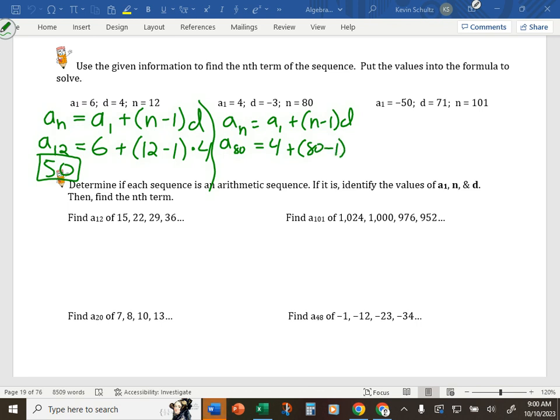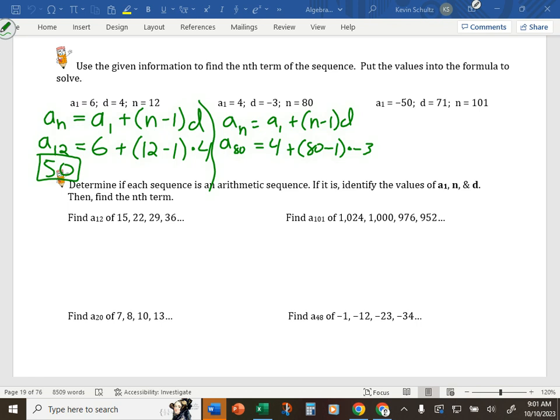times what? Negative 3. That's going to cause this pattern to decrease, because 79 times negative 3 is a negative number, and 4 plus a negative is the same as subtraction. Okay? So if the pattern is with subtraction, make sure you make that D negative. And what do you come up with? Negative